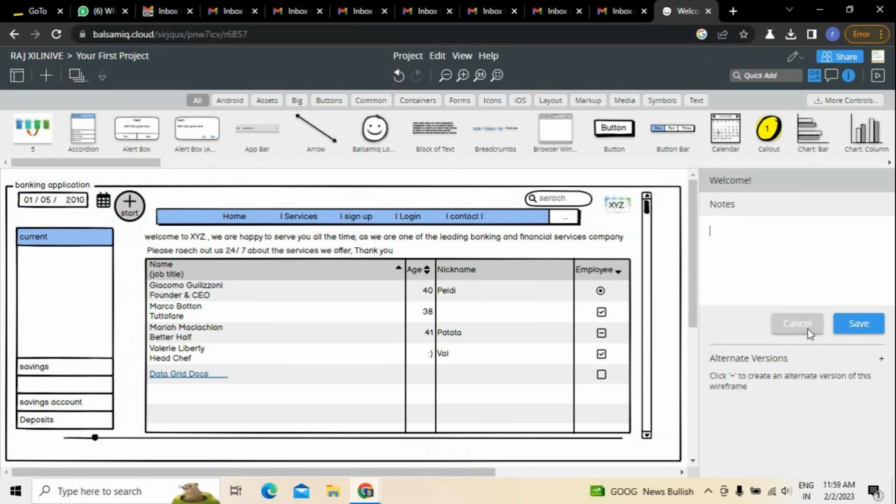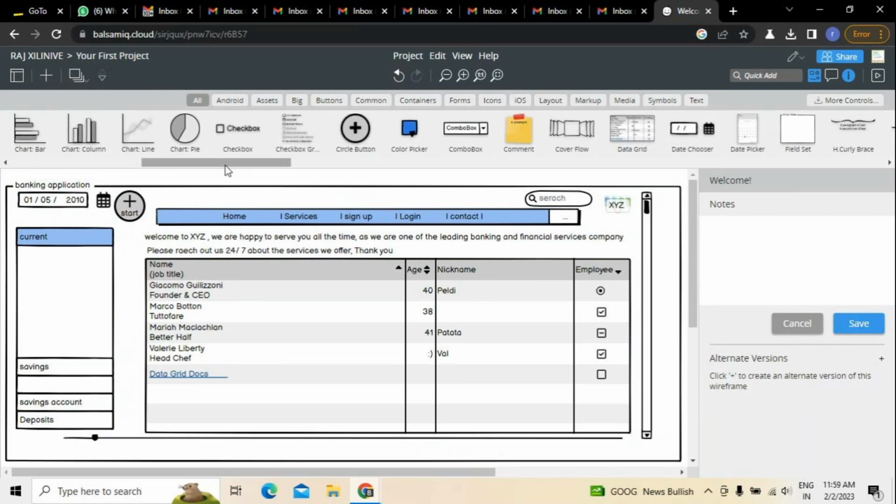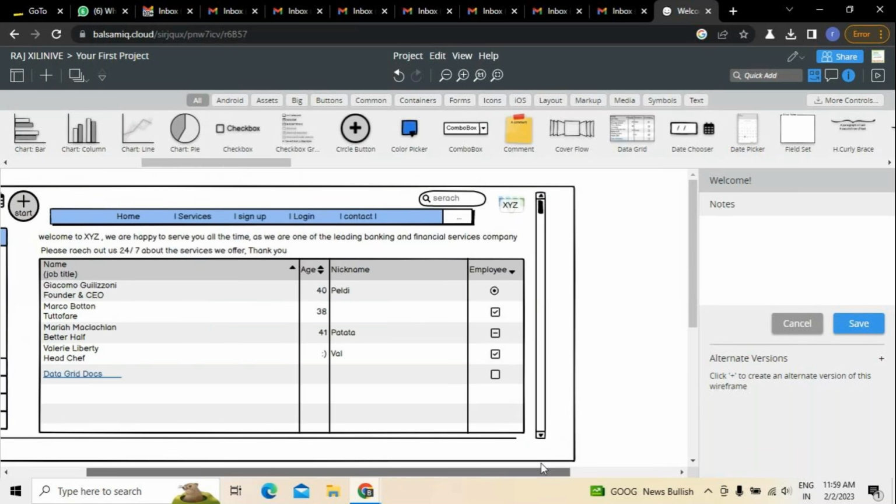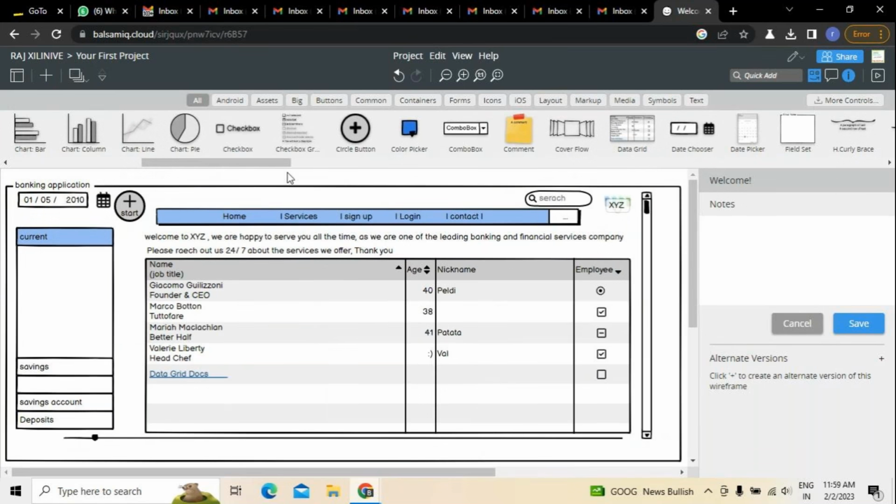At the same time, this is for a welcome note. Of course, that is not something really important to understand. So this is how generally a banking application, whatever I have shown you, the application I have created so far, is built. This is how generally a project is handled, especially for the role of business analyst majorly, and at the same